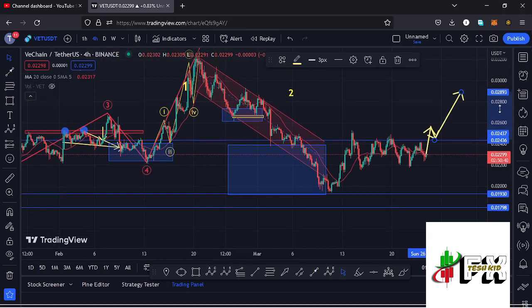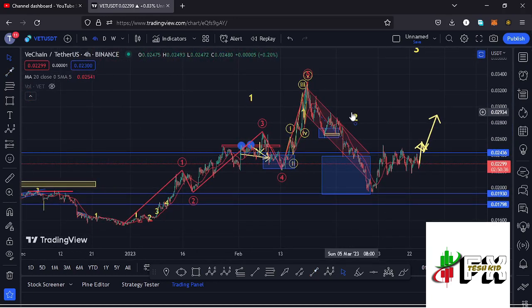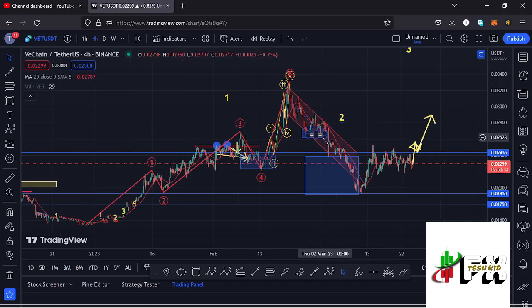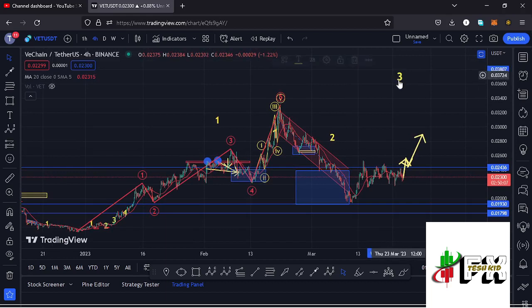We have also continued to obey the Elliott structures, where we had been seeing a bit of a breakdown to the lower side in the formation of this wave 2 in a move that managed to get into the minimum retracement area, which lies between the $0.02396 mark and the $0.01926 mark, in a move that gave us a low at around the $0.01936 mark. And having managed to get into the minimum retracement area in the formation of that wave 2, I believe there are high chances that we have bottomed out in the formation of that wave 2, and whatever we are seeing at the moment is the start of a massive run up to the upper side in the formation